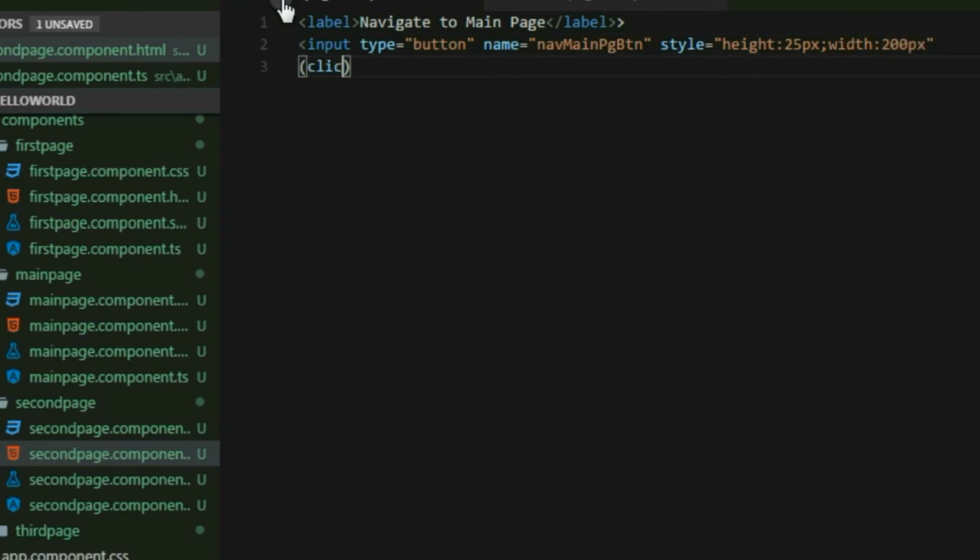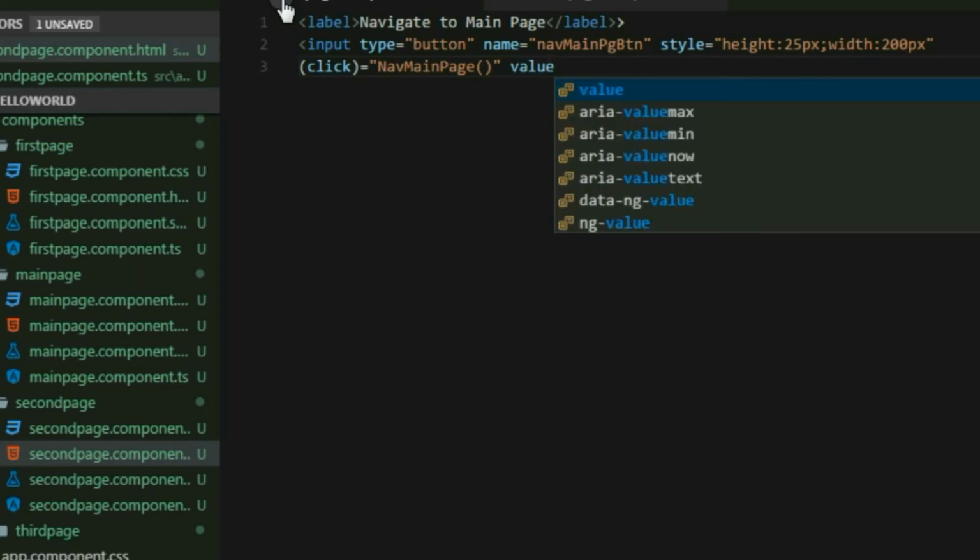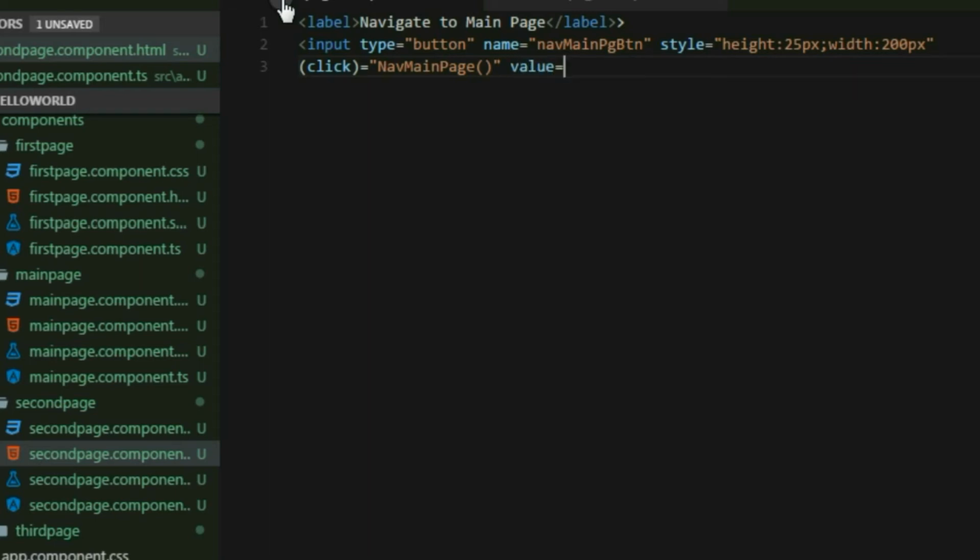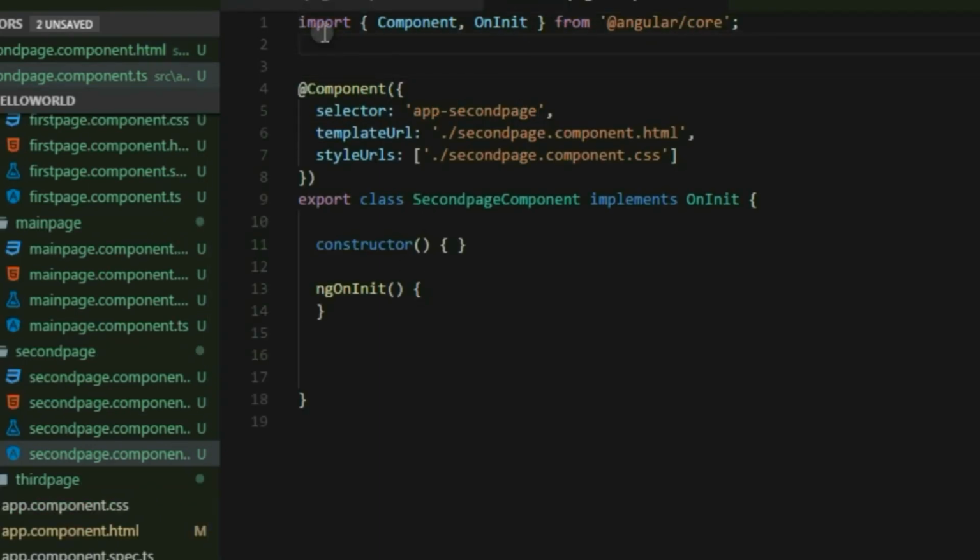Then we do event binding by using click equal to nav main page bracket start bracket close. So on the click of a button, the click event is going to trigger this and the function will be called. So value is equal to navigate to main page. Now we'll close the input tag, we'll copy this function, and we are going to go to the second page.component.ts file,